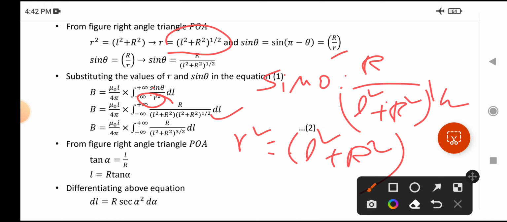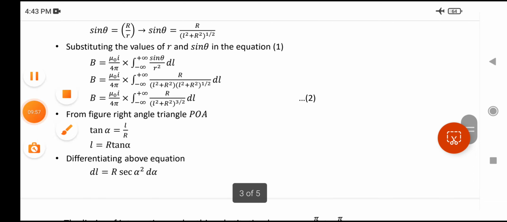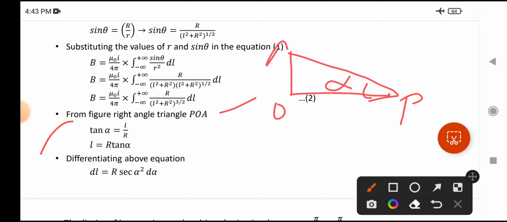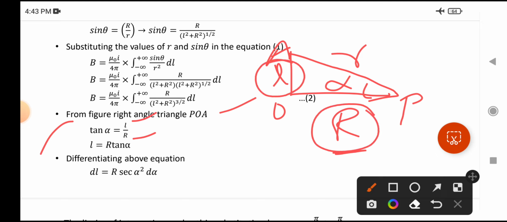So see here clearly, from the figure, right angle POA. Same thing, from right angle POA. So see here, let me draw here. It is angle alpha, POA. It is L, capital R, small r. Okay, so apply the tan theta. Tan theta is what? Opposite by adjacent. Opposite is L, adjacent is R. The hypotenuse we don't need in tan theta, only opposite by adjacent. L by R. From this, L is equal to